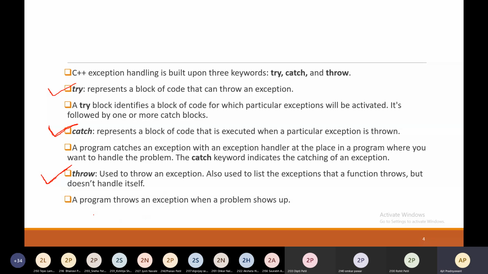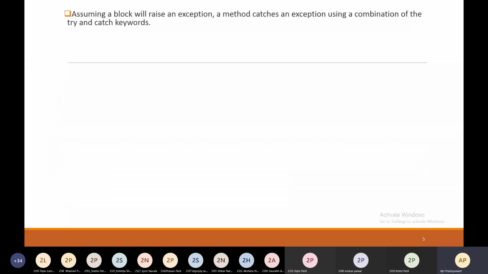A program throws an exception when a problem shows up. A particular exception should be thrown by the throw keyword. Assuming a block will raise an exception, a method catches an exception using a combination of try and catch keywords.